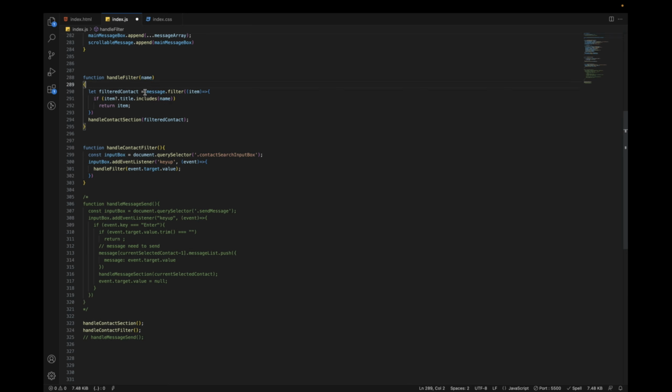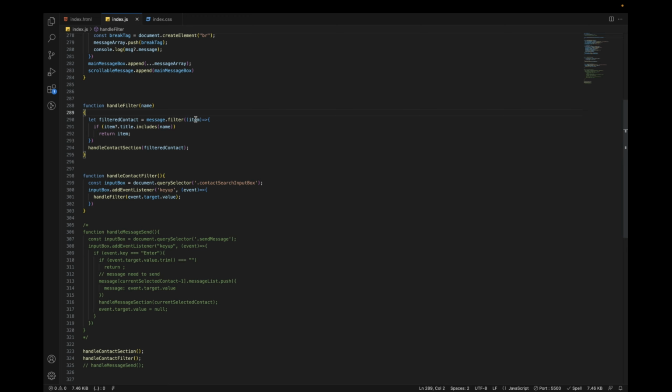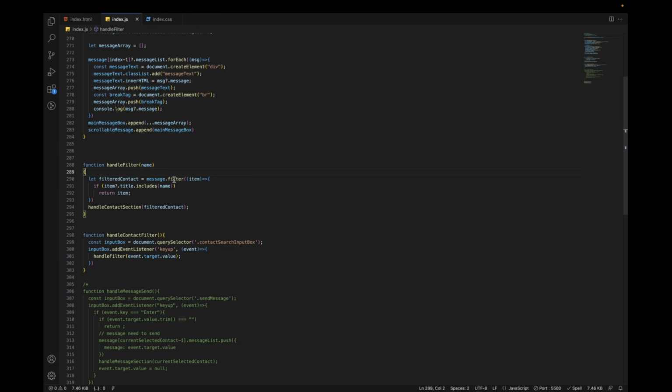Let me remove this console log. So here I am using this filter method such that we are doing the filter on this message array, such that message dot filter if the item dot title. What is item title? Item dot title is basically